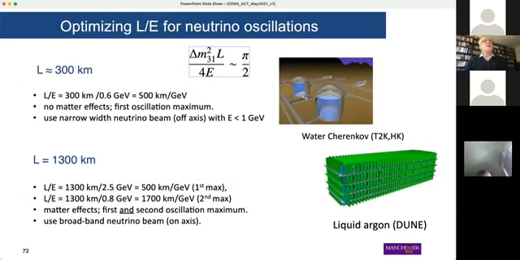We are not always totally free in the choice of location, obviously. And I chose two length scales here, which are fundamental for neutrino physics. No, they are not really fundamental for neutrino physics. They are more fundamental for geography. One of them is 300 kilometers. And this is basically the diameter of the island